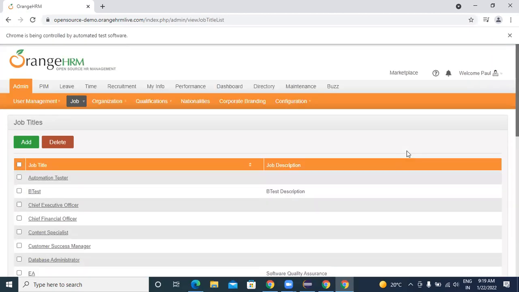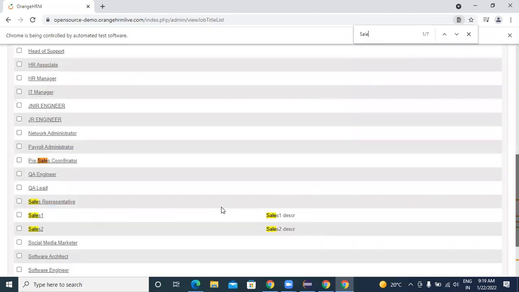Understood, right? So like that, we can automate a scenario and just check Control F, sales 2 record. See, this is the record has been created. Okay, so like that we can.